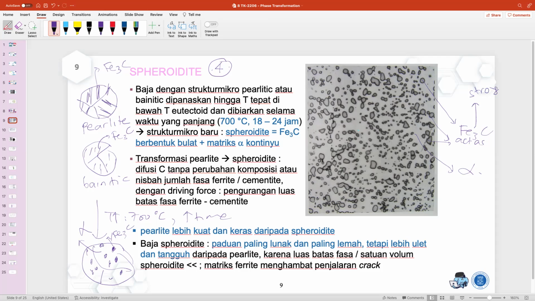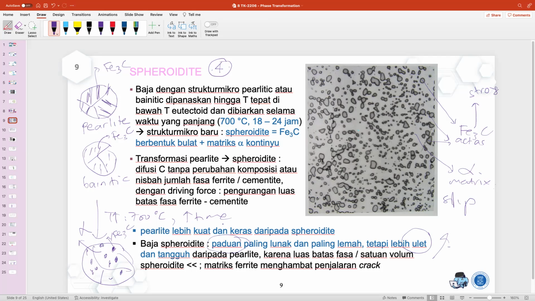Okay, and alpha will act as a matrix, and it also can slip. Yeah, it can slip, so it can bend, so it is ductile and tough. Okay, so then the spheroidite steel is the softest of all the alloys compared to the previous ones, and much less strong, but it has very high ductility and also very high toughness